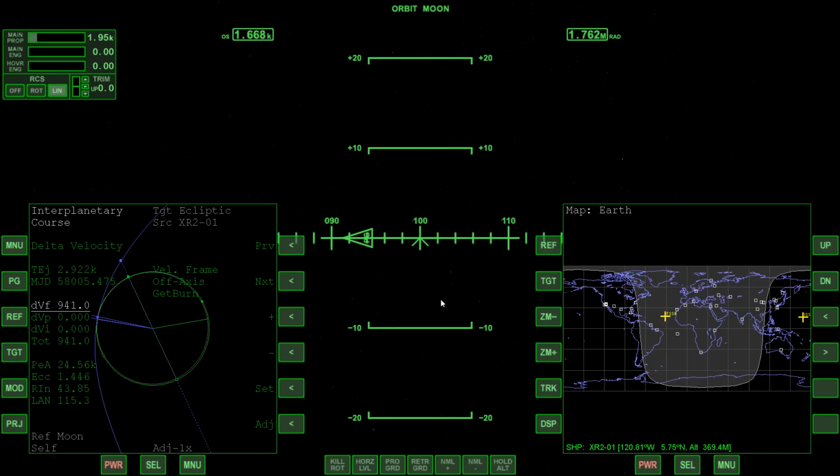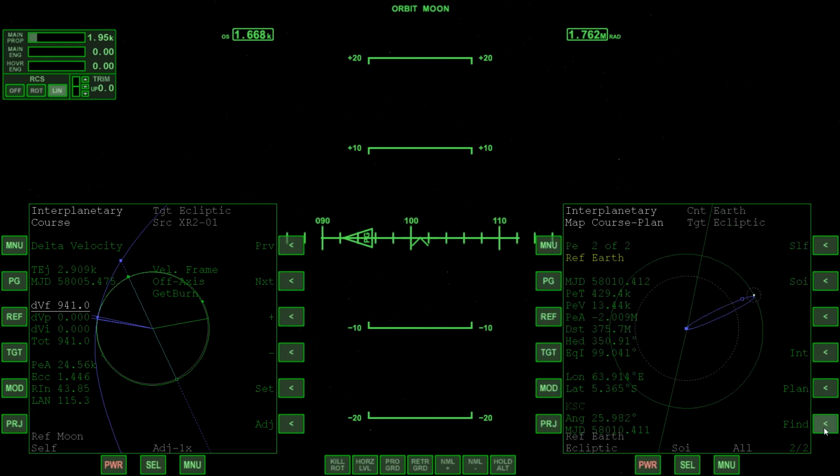Let's go ahead and switch the reference for map MFD over to the Earth and target Cape Canaveral, KSC. Again, I renamed that in my config file. You can see the longitude and latitude coordinates there for KSC. So we're going to use that for calculating our ejection burn here. On the delta velocity program, pretty typical to before, we're going to adjust the variables: time of ejection, delta velocity forward, plane change inward, outward. We're going to adjust these variables so that we can get a periapsis somewhere around 60 to 65 kilometers.